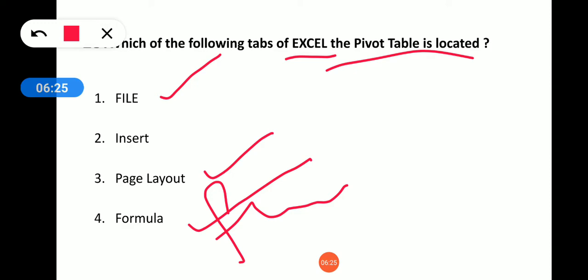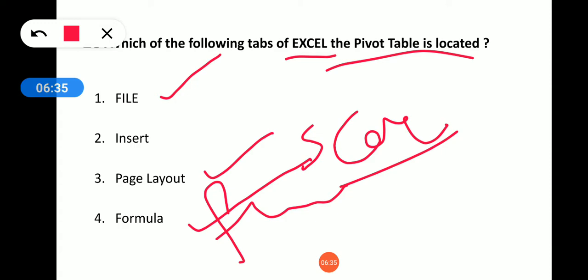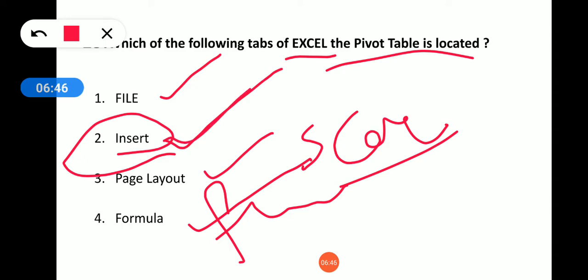In Page Layout we also have orientation, landscape orientation and portrait orientation. To set the scale for the document we also use Page Layout. With the Insert tab, generally when we want to insert any element, such as a table or a graph, we use the Insert tab. So blindly remember, to insert anything we use the Insert tab. So let's look at the answer.